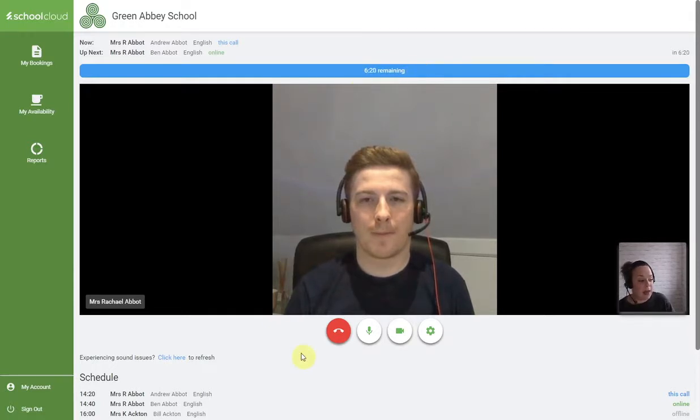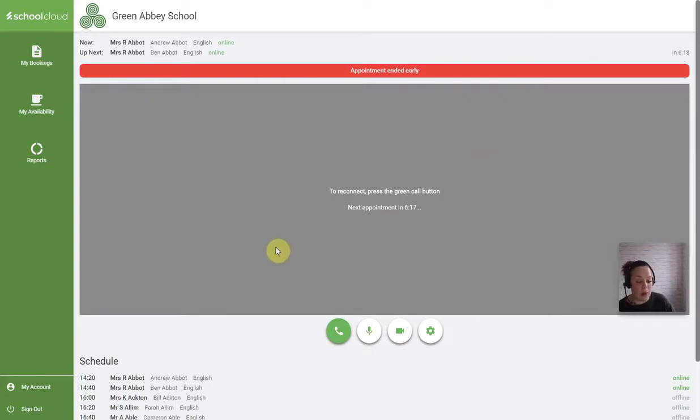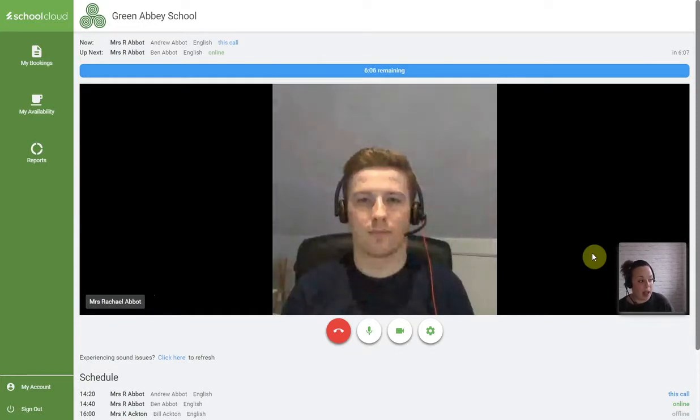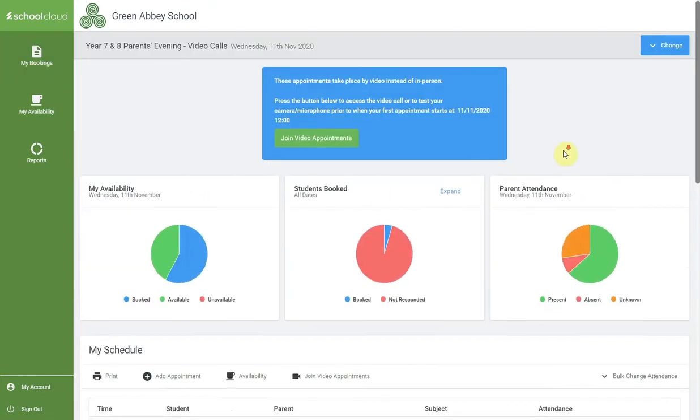If you do accidentally press the hang up button and end an appointment sooner, the screen will show you how many minutes are remaining within that particular appointment, and you do have the option to press the green button to simply rejoin your video call, and again the parent will reappear. At the end of each call, you'll be presented with a button to start your next video call, and you'll just be taken through the schedule of parents one after the next until all of the appointments have finished. And that is how you sign in and